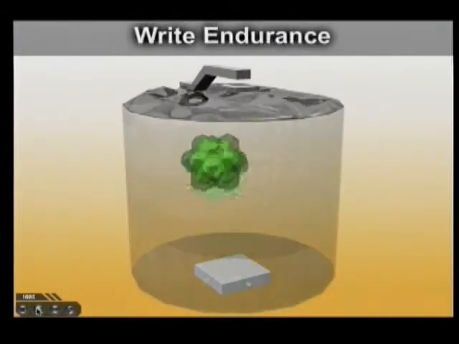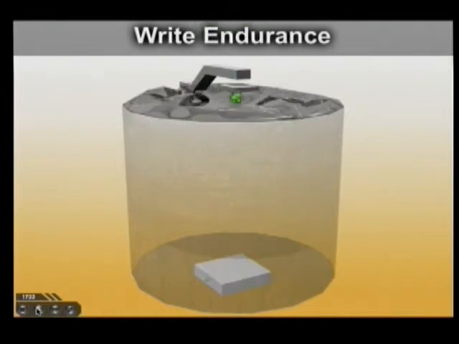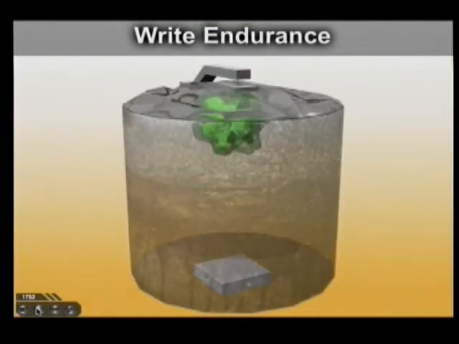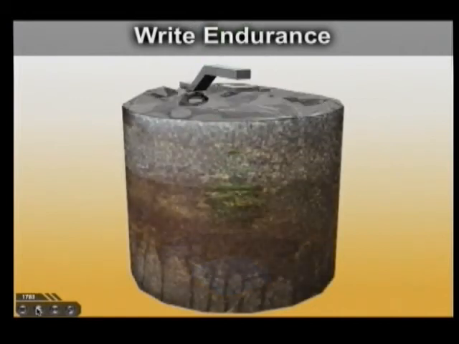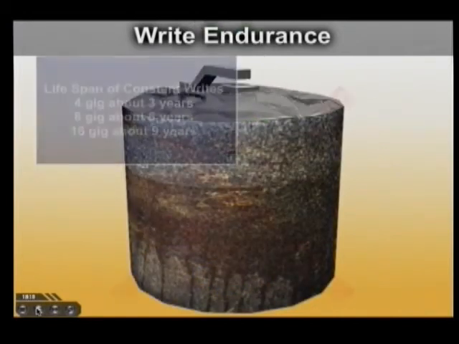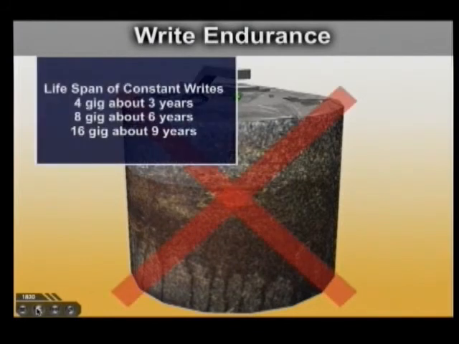Now, write endurance is how many times can we do this? Basically, this process of injecting it, we are charging it and injecting it. And this process does some damage, and the process by which we erase it also does some damage. So in the erasure process, when we have to release content from here, we basically have to open up the gate and allow the electrons to escape. And in that process, it will actually do damage. And so eventually, it will die, and you will not be able to charge this value anymore at all. When it does, the device just removes it from access. It will basically be called a bad block at that point, or a bad sector.